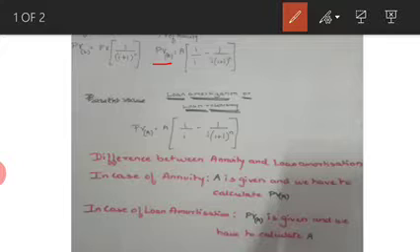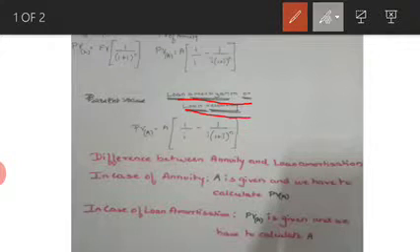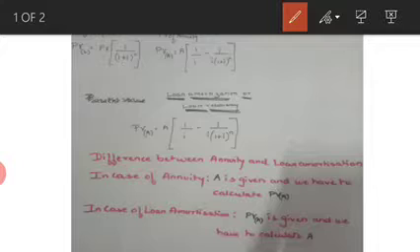Today we are going to study a similar formula or a reciprocal formula of annuity, that is called loan amortization or loan recovery. Now, loan amortization and loan recovery is a very important formula or tool used, because whenever we go to avail a loan, we need to know how much installments we are supposed to pay. So these installments are calculated on the basis of this particular formula of loan amortization, also called loan recovery. So let's just understand this formula.